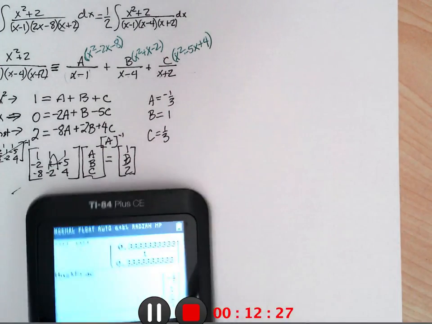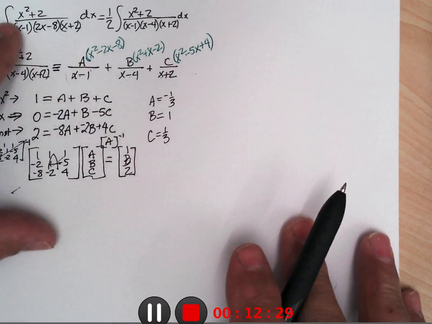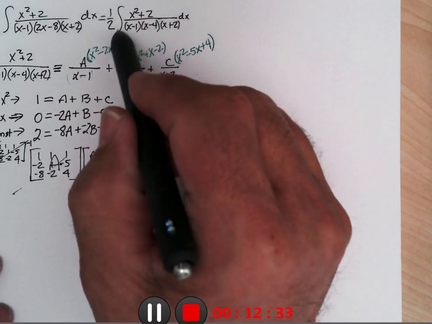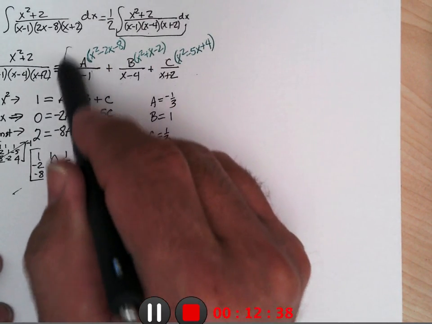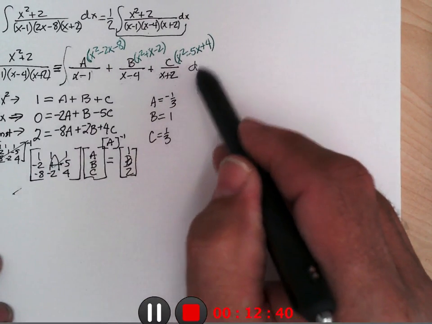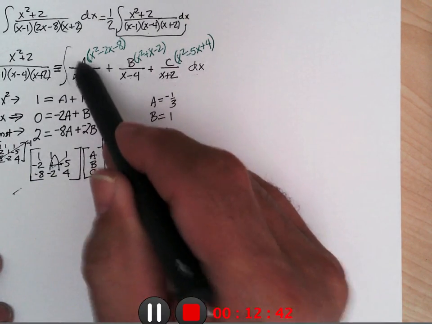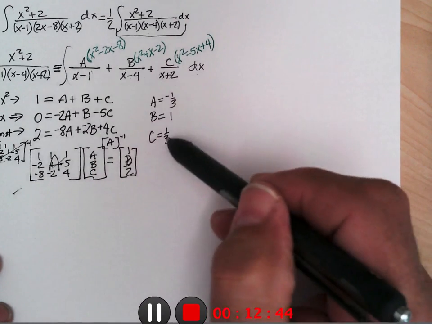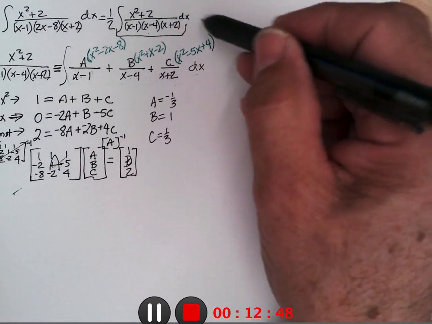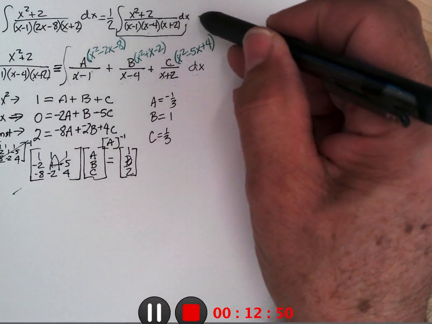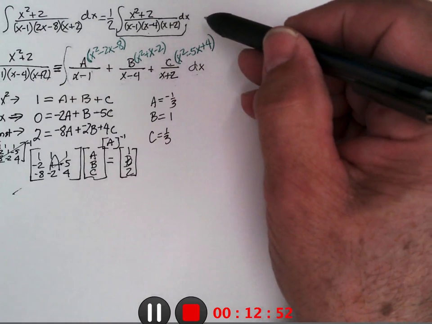So this problem, actually this part, can be changed to the integral of this thing with minus 1/3 there, 1 there, and 1/3 there. So now I can split this integral up into these three partial fractions. So I have the 1/2,